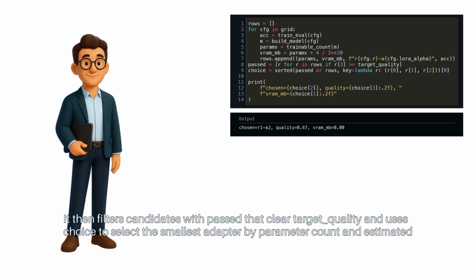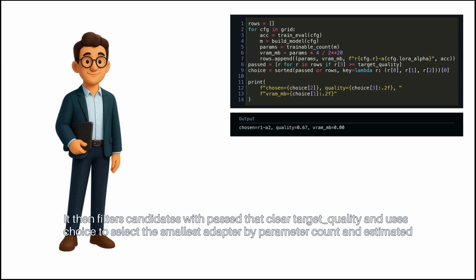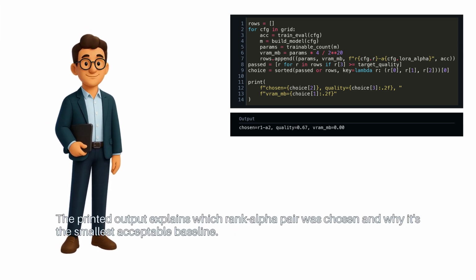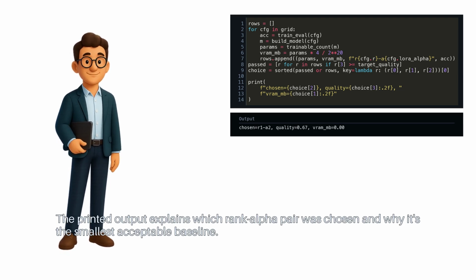It then filters candidates with passed that clear target quality and uses choice to select the smallest adapter by parameter count and estimated VRAM. The printed output explains which rank alpha pair was chosen and why it's the smallest acceptable